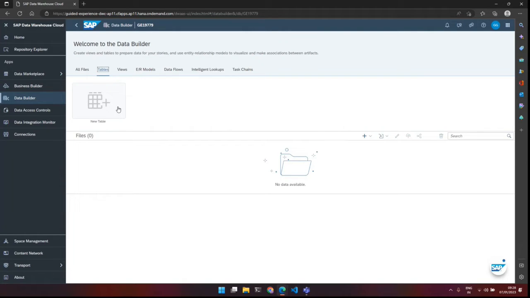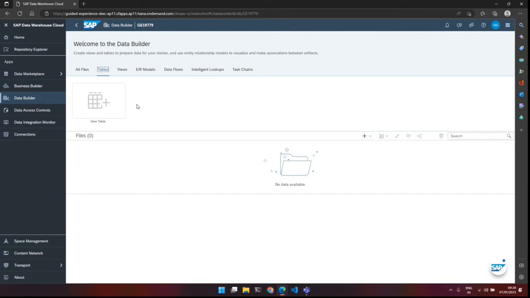So if you create a physical table here, you can replicate the data, meaning the data is physically copied from the source system and stored within the Data Warehouse Cloud. But if you create a remote table, there is no physical movement of data. Here only the metadata table is created, which is linking to the original table in the original database. And whenever some query gets triggered, that query is handed over to the original database and the result is retrieved and shown to the users.